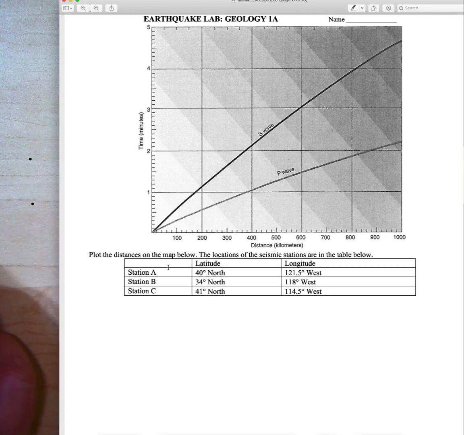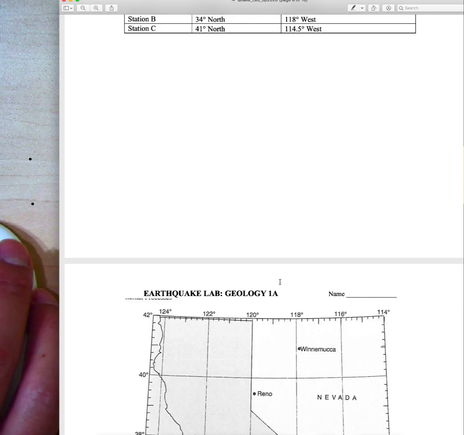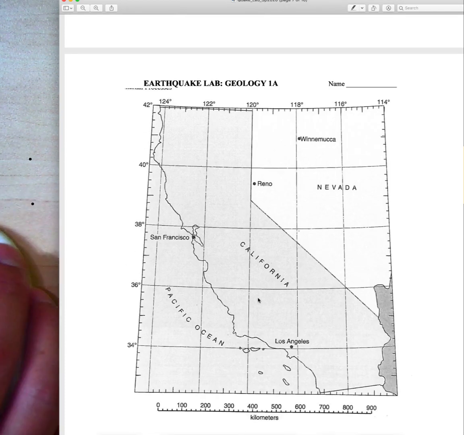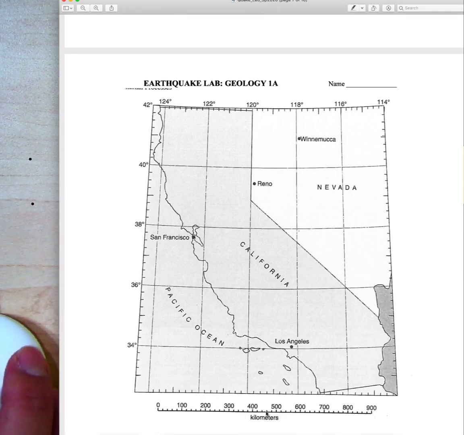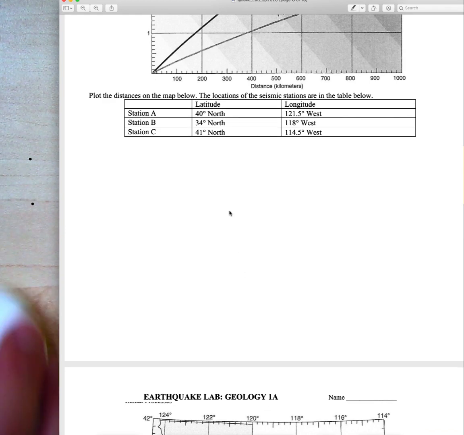And so the 3 stations we're using, A, B, and C, also have their latitude and longitude. You're going to plot those on this map here. Note that the distance is in kilometers. And be careful when you're plotting this. So remember, like